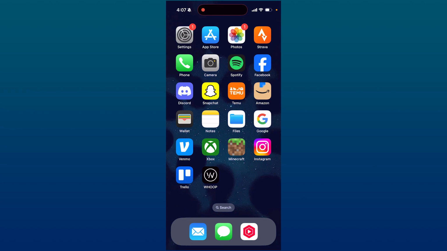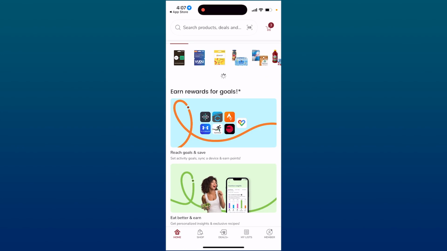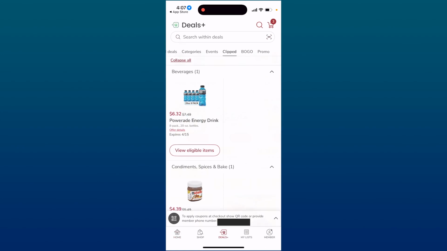First thing you will need to use these digital coupons is you actually need to get the Safeway app. If you don't have it, you need to get it. It's on iPhone and Android. Once in the app and actually logged into your Safeway account, we can go into the deals in the bottom